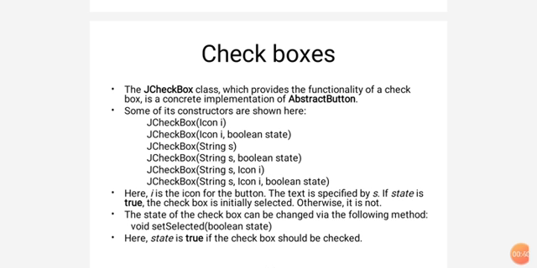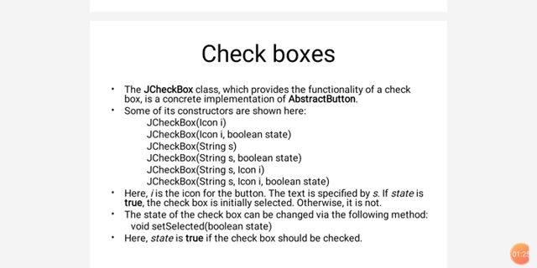In all these constructors, whatever the word specified means, icon represents the icon for the button. That means whatever icon image or picture you are selecting from your database, that will be shown on the particular checkbox. And next, in the second constructor we have specified the boolean state. Boolean is the data type of the state. State is the variable name. Here if you specify state as true, that means the checkbox is selected, checked. If you specify state as false, that means it is an unchecked checkbox initially, by default, whenever you are creating it.